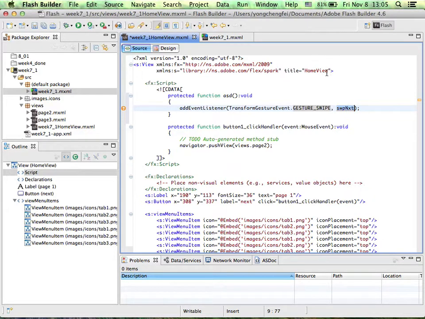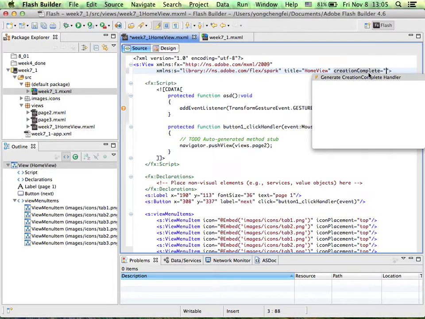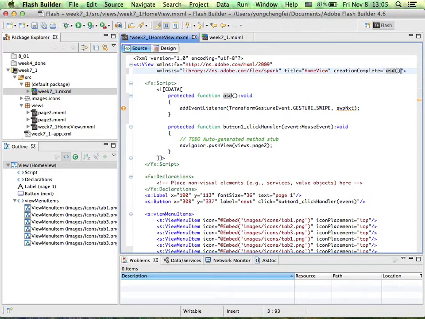At the top here, you don't type first. At the top here, I type creation complete ASD bracket. This creation complete means every time I come to this page, I load this function first. I load ASD. What is the ASD function? This line is the function.